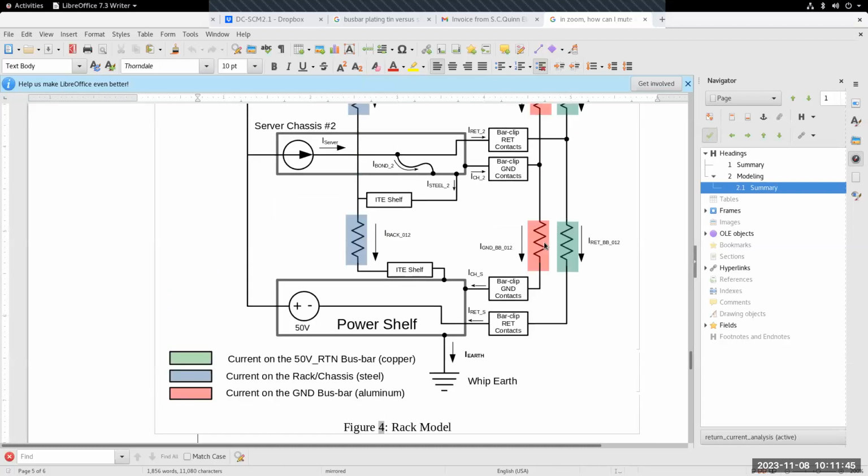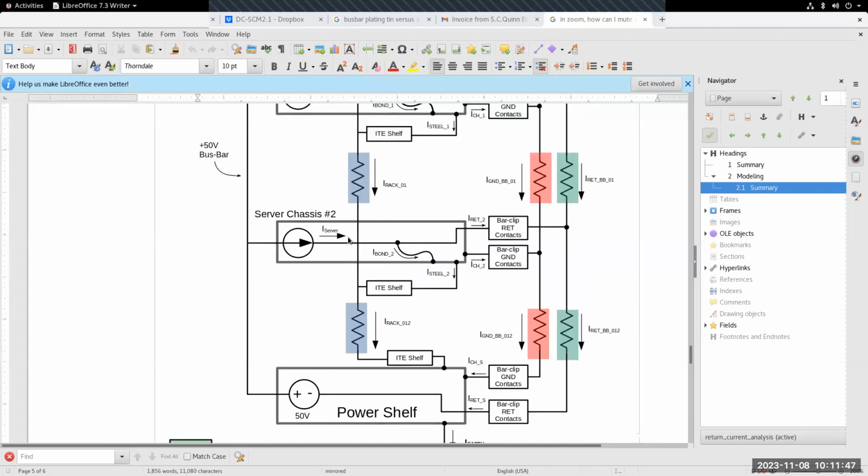But there are current paths elsewhere where current can be flowing. The steel is shown in blue, the chassis bus bar is shown in pink or red. Current can come through this server, through its steel, and get back onto the return bus bar that way.